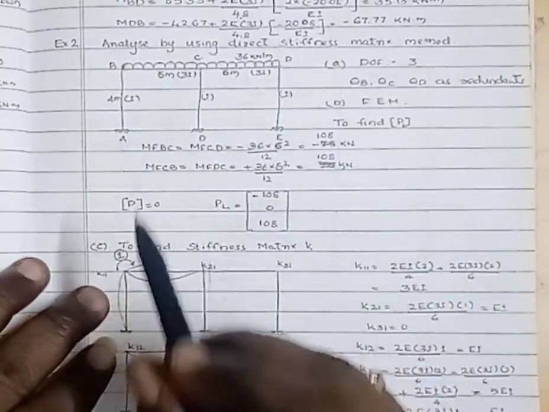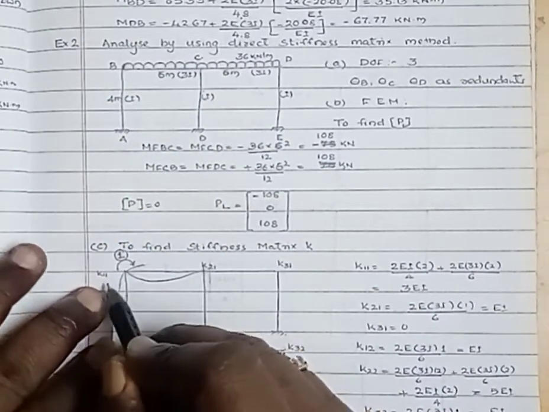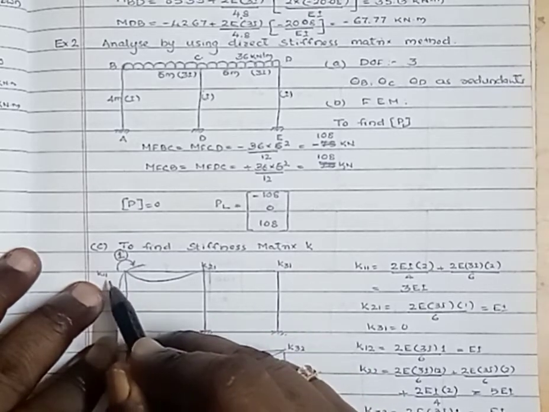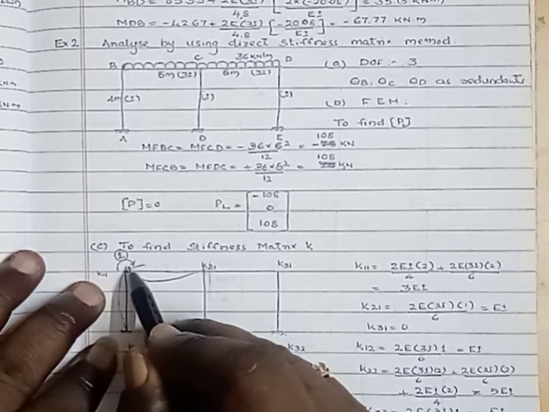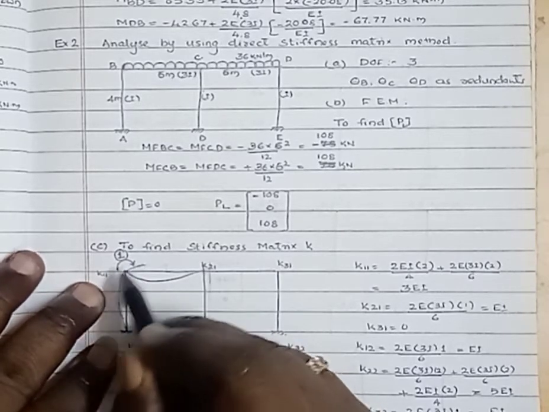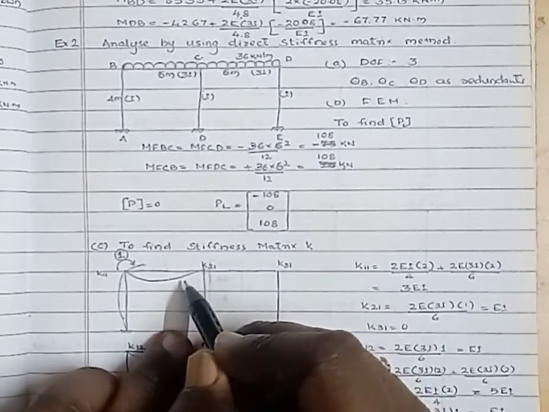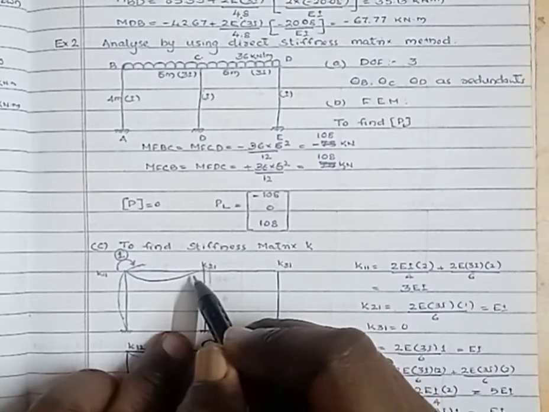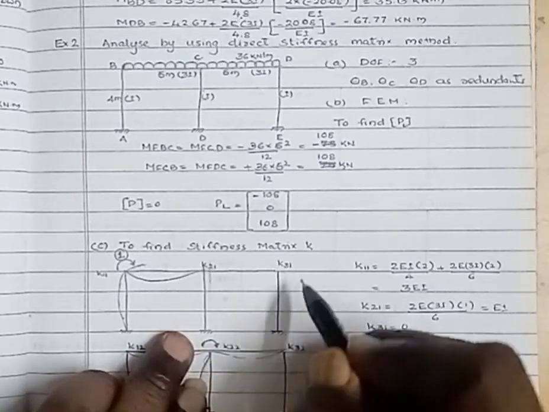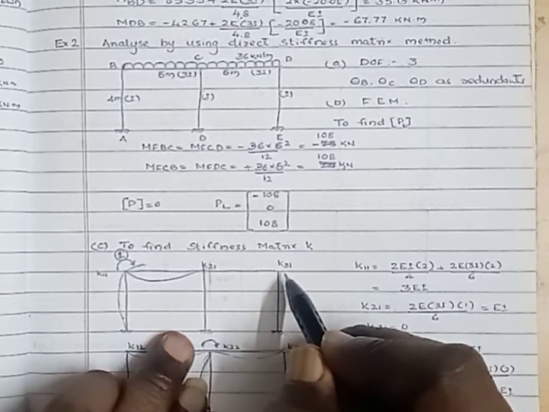After removing all the external loads, apply the unit rotation at 1. Then this one is K11, that is the displacement at 1 due to the unit rotation applied at 1. Here both these spans, the vertical member as well as the horizontal member, will undergo deformation like this. At 2, the span BC will undergo deformation like this. This one is K21. Here there is no displacement due to the unit rotation applied at 1.